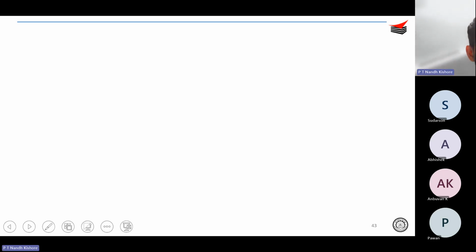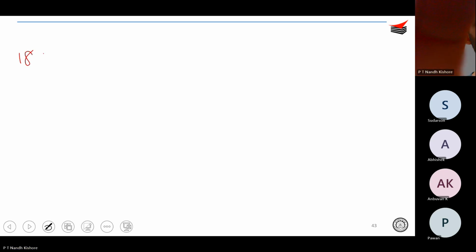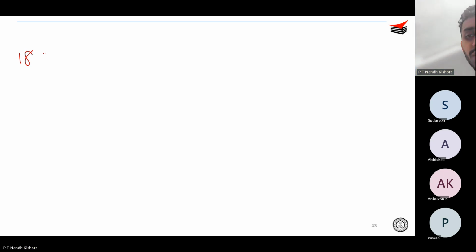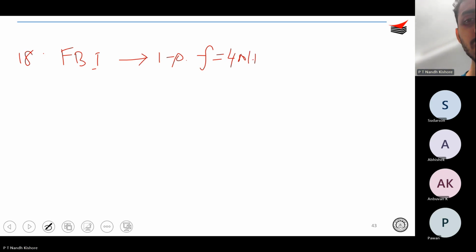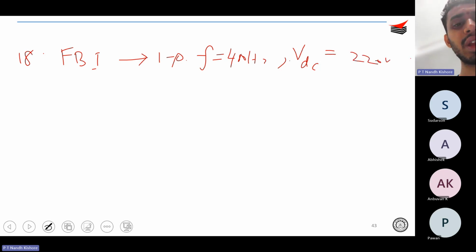So this is your question number 18. Okay. So given that there is a full bridge inverter. What is a full bridge inverter? It's a single phase full bridge inverter, a voltage source inverter operating at a frequency of 400 hertz and it has a DC supply of 220 volts. Okay. Find the